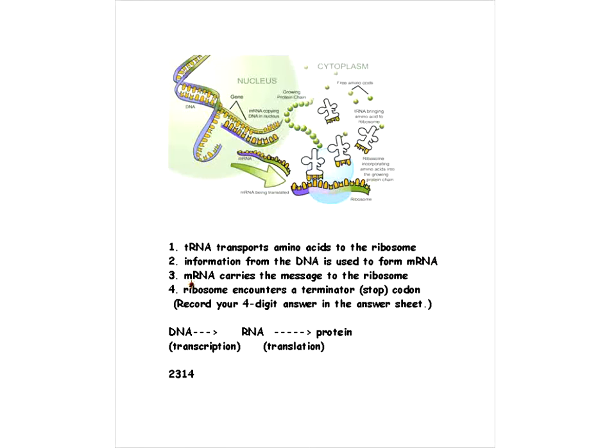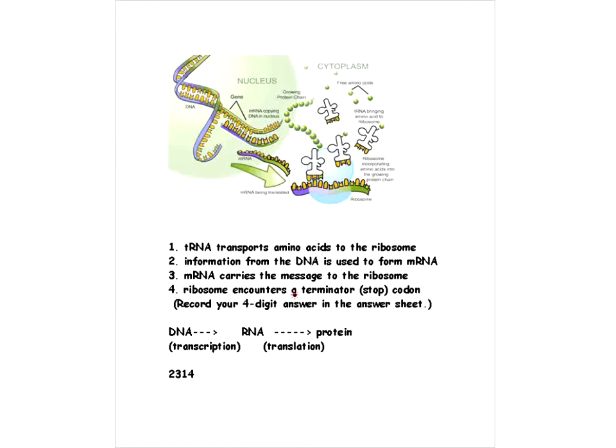Then we have, so mRNA is going to do something. It's going to carry the message to the ribosome, because that's where translation is going to take place. Okay, so we're going to have 2, then followed by 3. The next thing that's going to happen is transfer RNA is going to transport the amino acids to the ribosome. That's the next step. And you can see all these steps in the diagram up above.